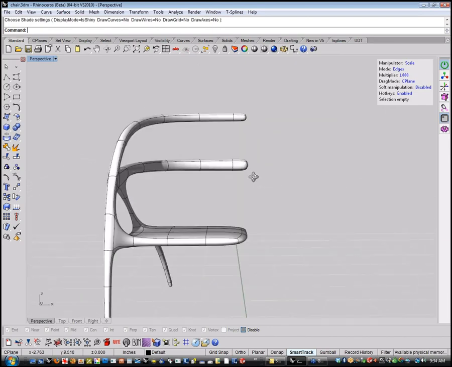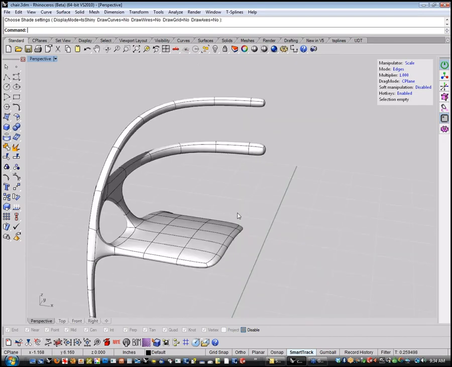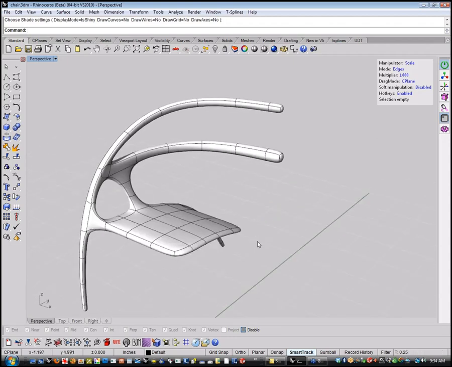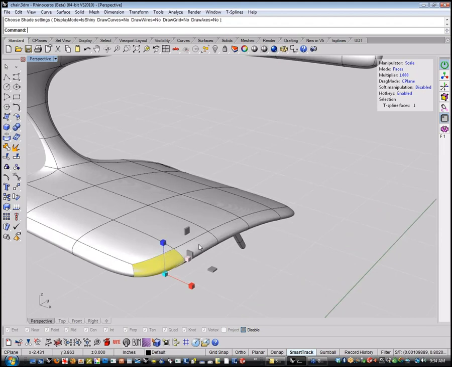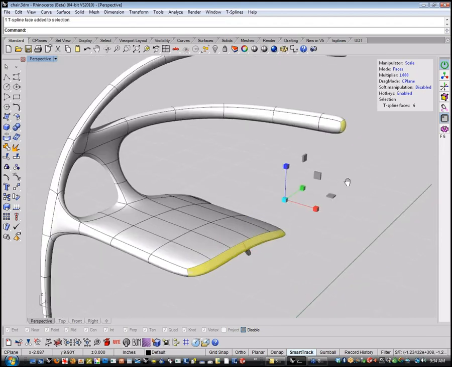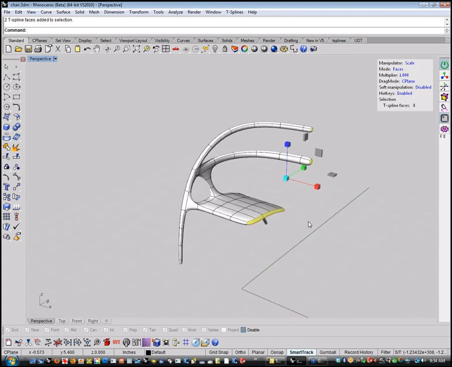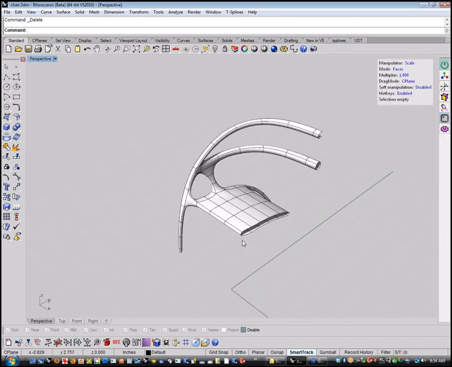So the last thing that we need to do is flip this and get the other half of the chair and then make our final adjustments. So what I'm going to do before I apply symmetry to this model is open up these three edges here. And the way I'm going to do that is just by picking these faces. And I'm going to pick that face and that face. And if I delete them, I'm getting rid of the three-dimensional information that allows T-Splines to create the blend, and